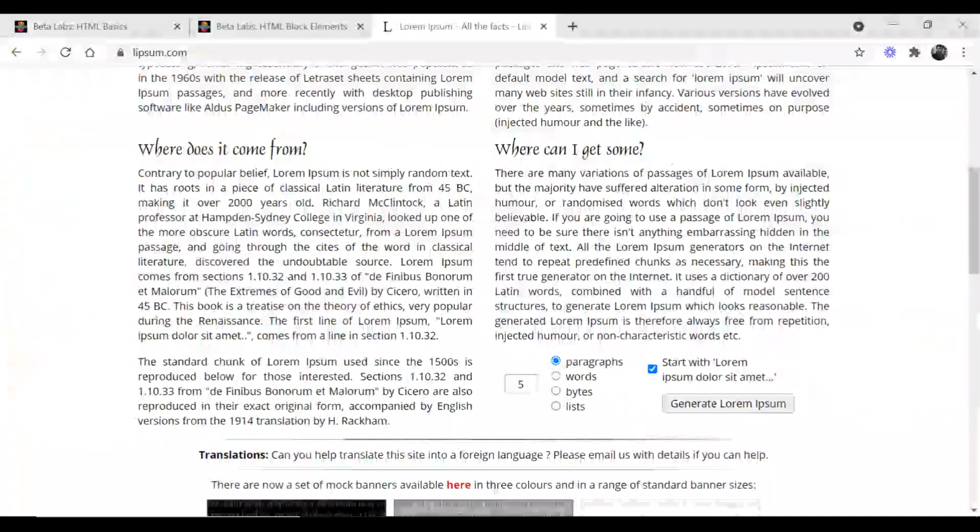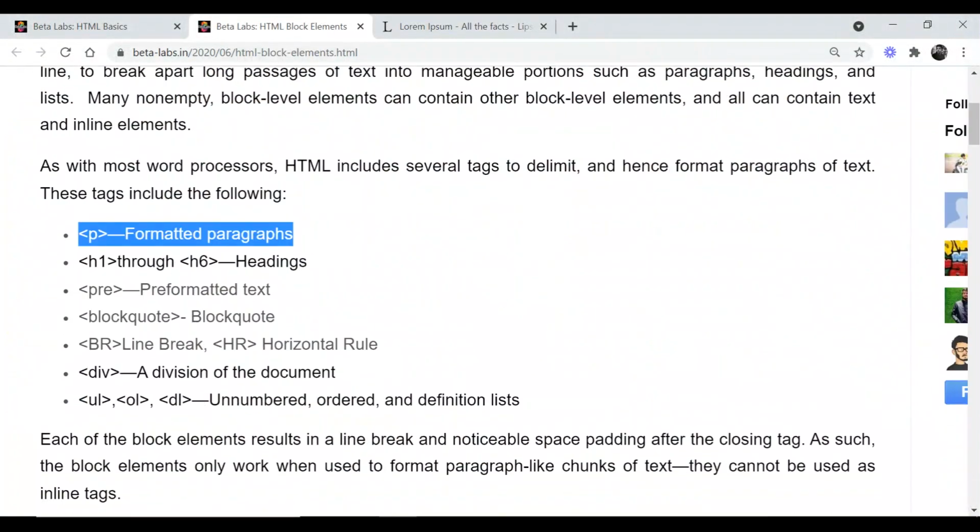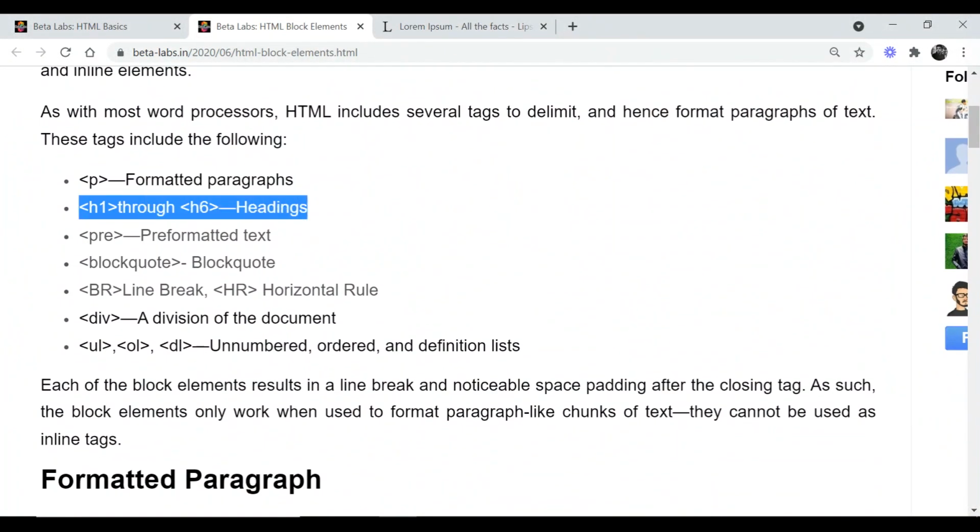Okay, now let's talk about the next block level element, that is called headings. See, no document is complete without a heading. See, there are so many paragraphs, and a heading represents the heading of the document, and further may contain some subheadings. There are some headings and there are some subheadings. So we have h1 to h6. Basically, there are 6 tags that are used for creating headings in your document.